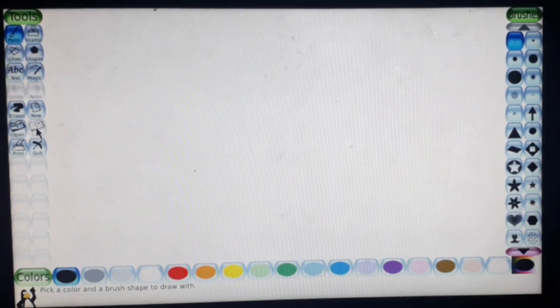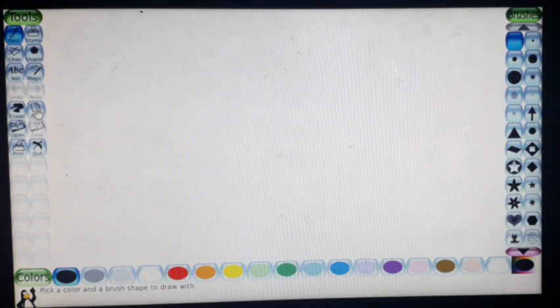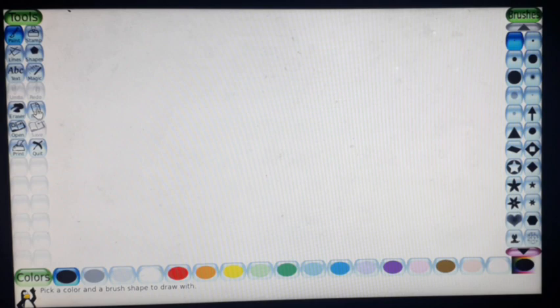First tool is New. Look here. This is the New tool. The New tool is used to open a new page. What is the use of the New tool? The New tool is used to open a new page.